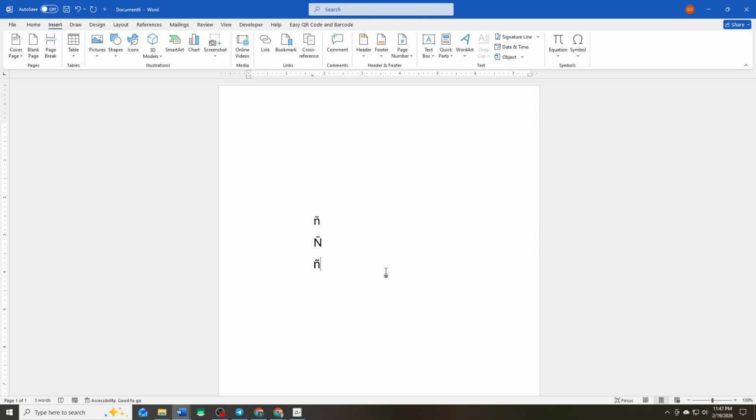Using these methods ensures your spelling remains accurate and professional. Whether you prefer keyboard shortcuts or the symbol menu, Microsoft Word makes it easy to insert special characters like Ñ